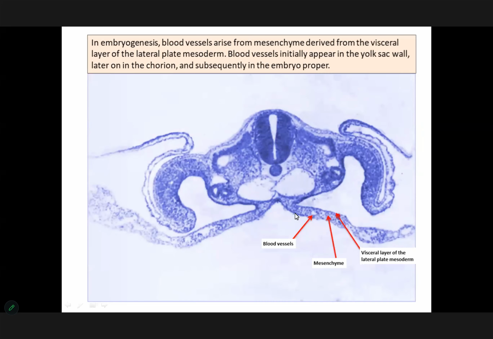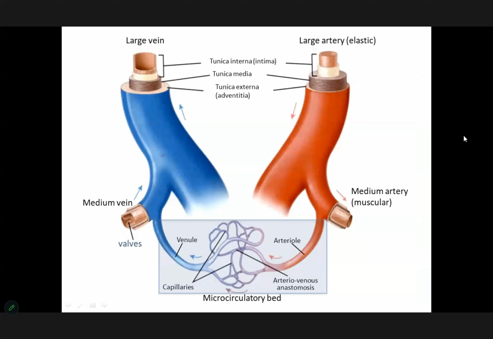And in the embryo body, as you remember on this preparation, the blood vessels appear from the mesenchyme derived from the visceral layer of lateral plate mesoderm. This is the visceral layer of lateral plate mesoderm. Here is the endoderm, and between these layers there is the mesenchyme, from which blood vessels are formed. Now,